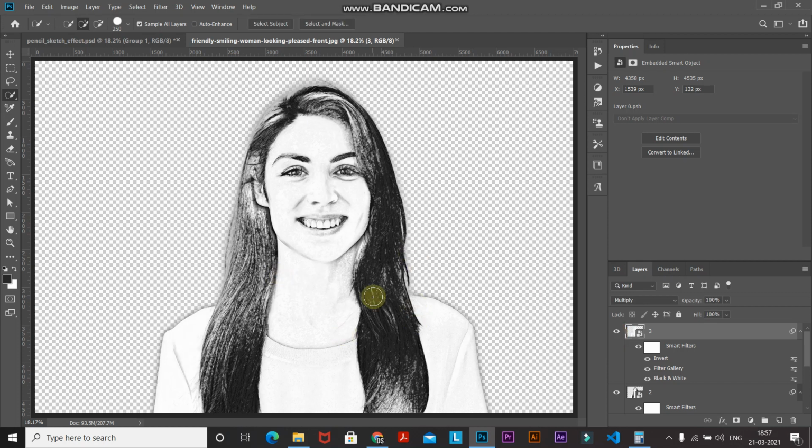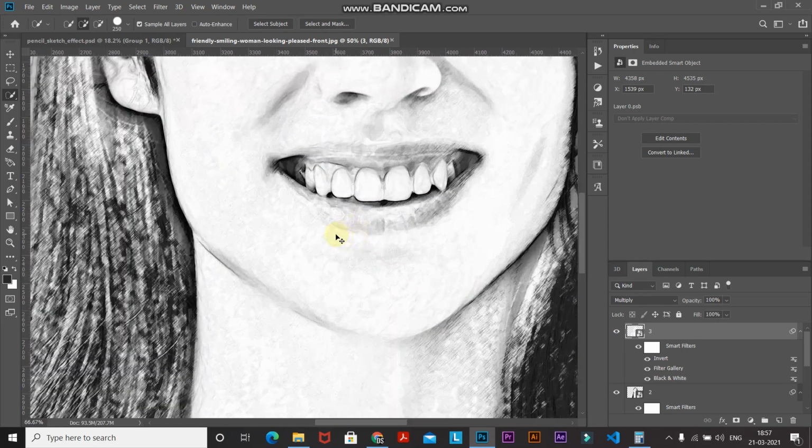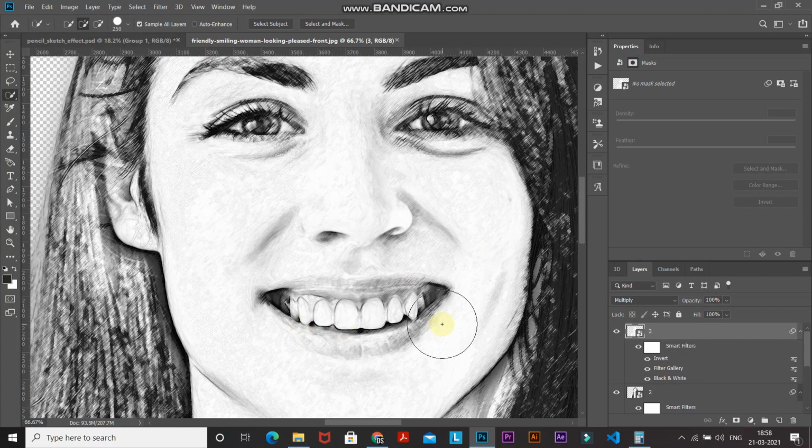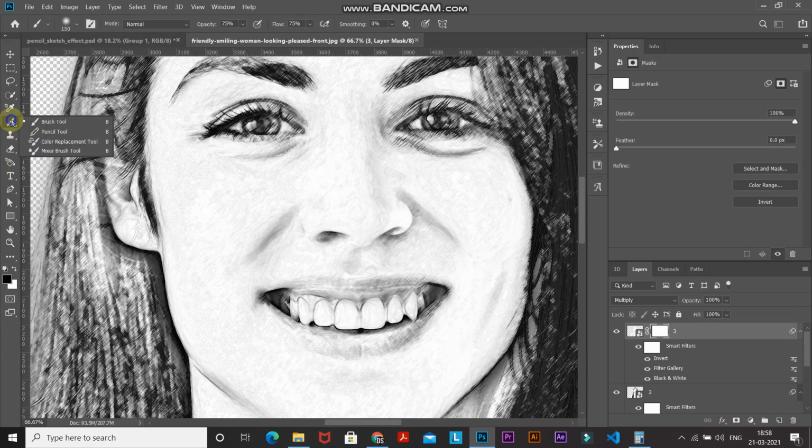So as you can see, it highlights the edges of the model, but as you can see near the chin, it highlights it a bit too much. Now let me just zoom in and show it to you. So as you can see, these are the edges which I was talking about, and we need to reduce the edges over here. So for that, click on add layer mask icon and then select brush tool,